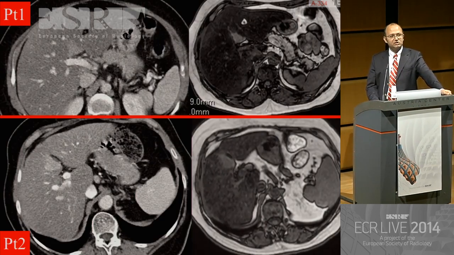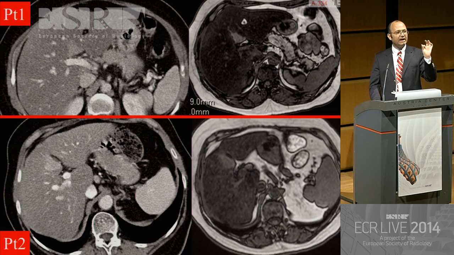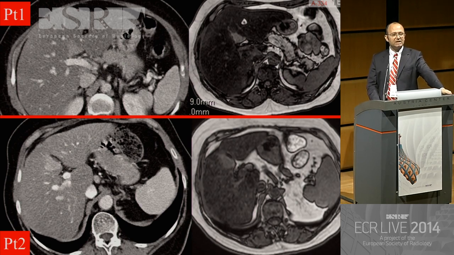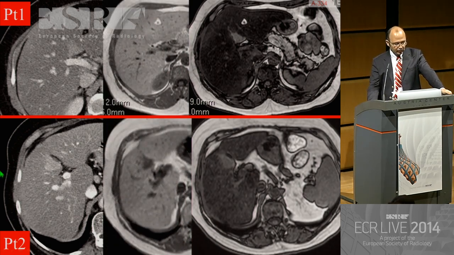How about these 2 patients? We were puzzled with these patients because one had a focal fat sparing, the other one had a hypervascular metastasis. Both patients have a cancer history. So how are you going to make the diagnosis? It is not possible to diagnose from these images, but if you do in-phase imaging, look at the metastasis. It is dark on in-phase, and also, as shown by Dr. Basalama,